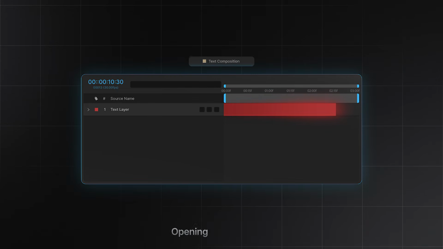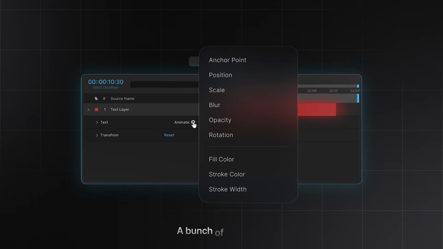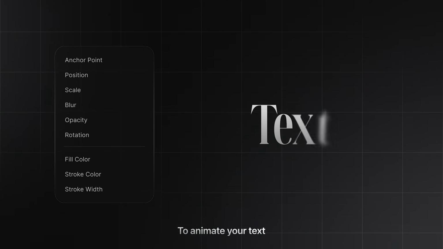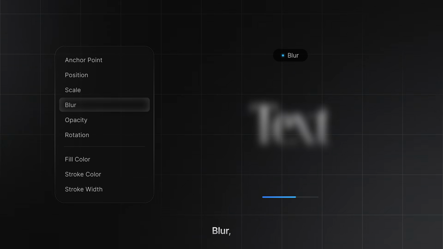You can access it by opening your text layer and pressing the arrow besides Animate. This will reveal a bunch of modifiers that you can use to animate your text, such as scale, blur, rotation,